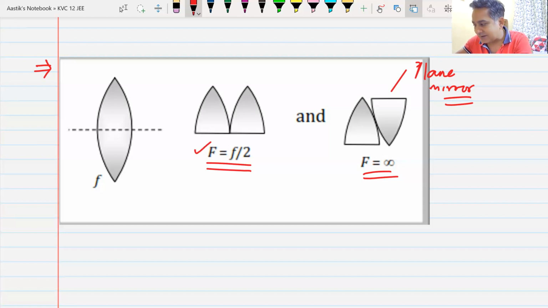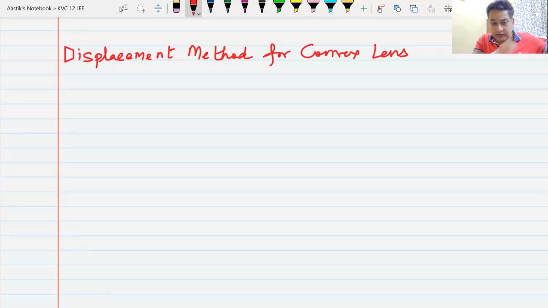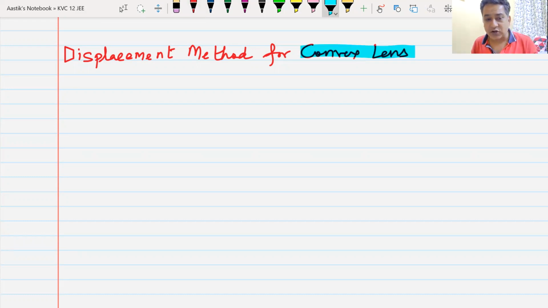And remember, this displacement method is only applicable for convex lenses. Have you heard about this displacement method for convex lenses? This has come multiple times in many exams. Now, this is only applicable for convex lenses. That is the first thing that you must remember. It cannot be applied for concave lens, and you will be doing experiment on this displacement method in your lab. So what happens is,